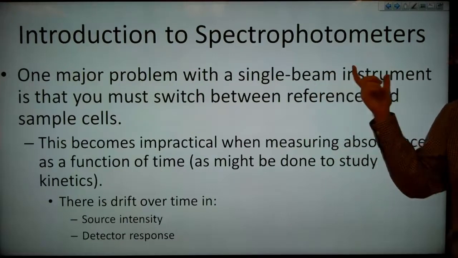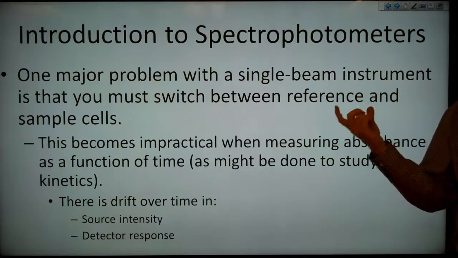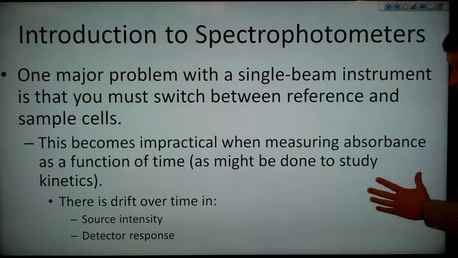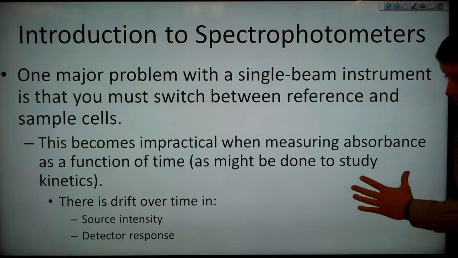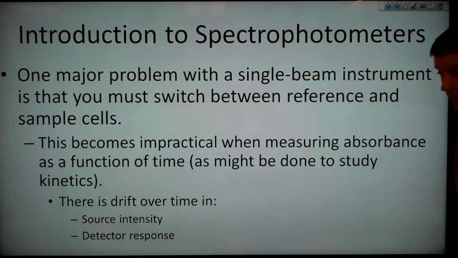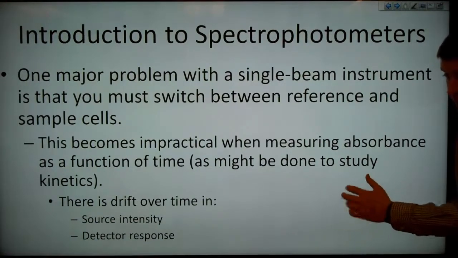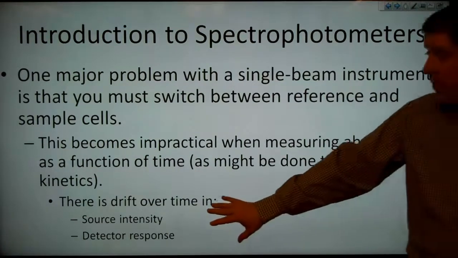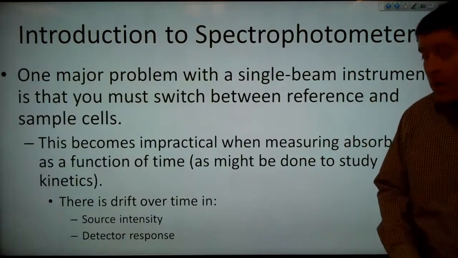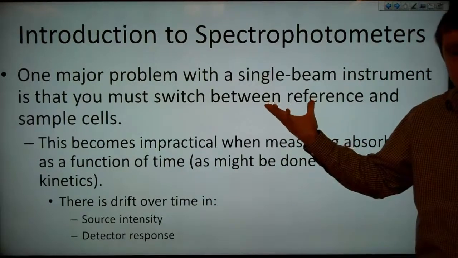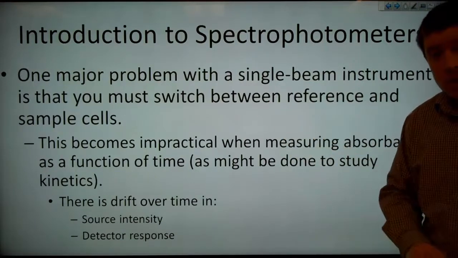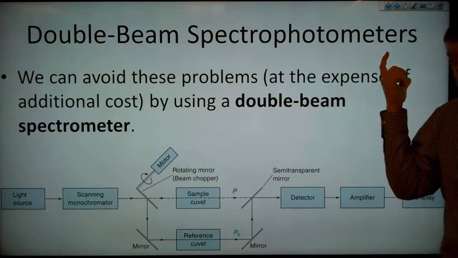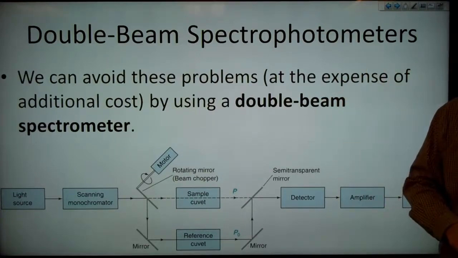Now, one major problem with a single beam instrument is that you must switch between your reference and sample cells, which becomes impractical when measuring absorbance as a function of time, as might be done to study kinetics. So there's drift over time in the source intensity and in the detector response. And this means that after some period of time, that reference that we have originally is no longer going to be valid. But we can avoid these problems at the expense of additional cost by using a double beam spectrometer,